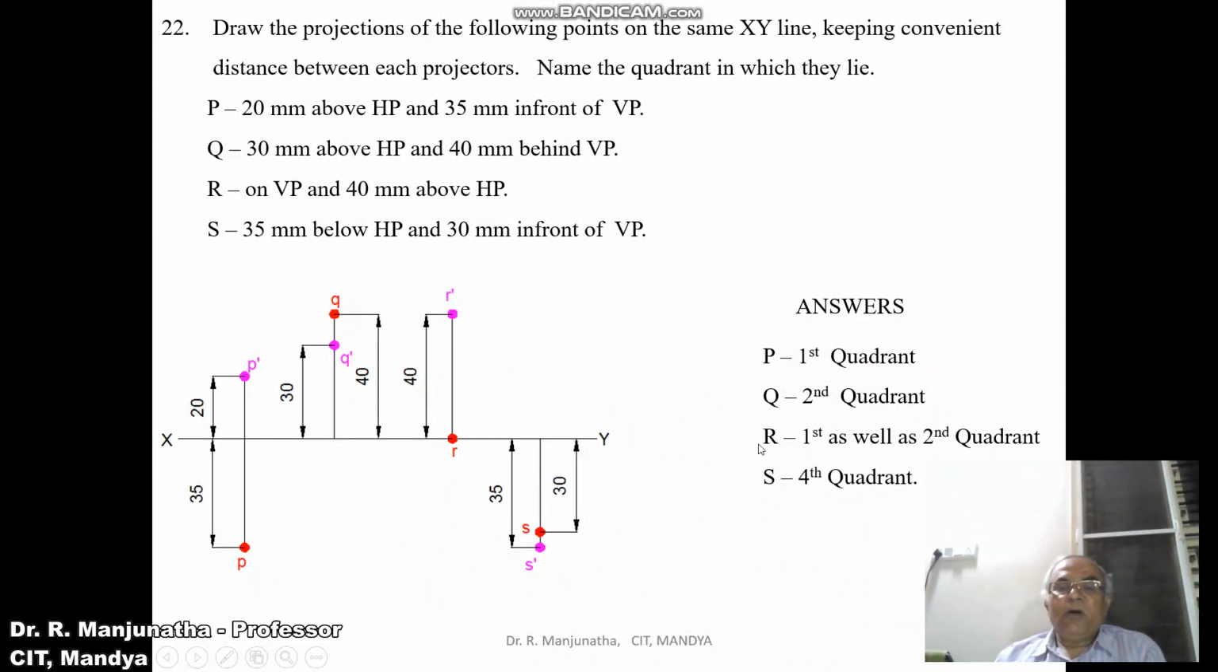So capital R lies in the first as well as the second quadrant, and capital S: both the front and top views are below the XY line. Therefore, S lies in the fourth quadrant. So this is the final answer which has to be written in the